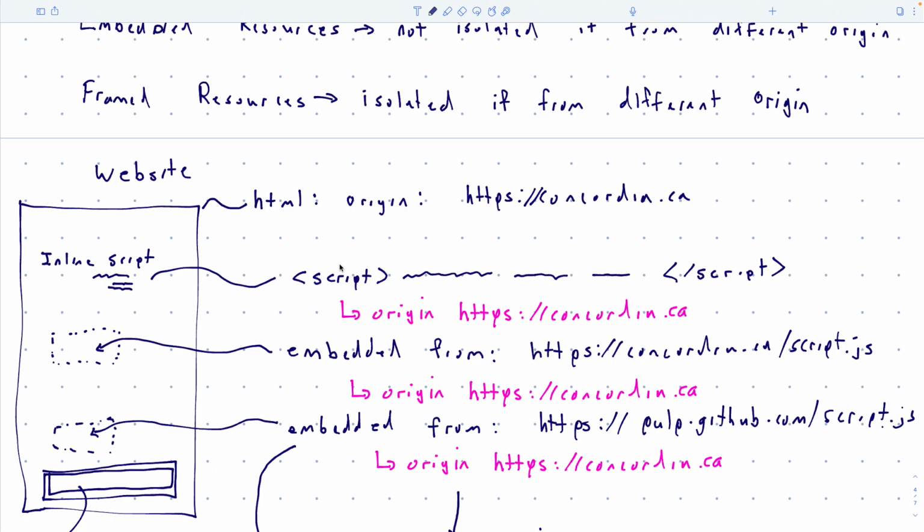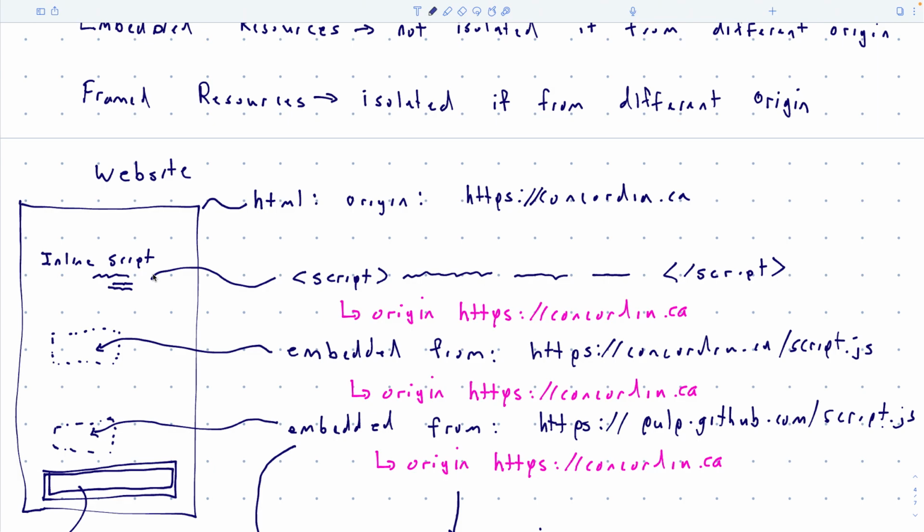So one way you can do it is you can use the script tag. So you can put script and /script, and then you can put the actual JavaScript itself. So what goes inside this script is the actual JavaScript itself. So the JavaScript is inline with the website. When I download the website, the JavaScript comes with it because it's baked into the HTML. It's hard-coded into the HTML itself. So that's the first way that you get it.